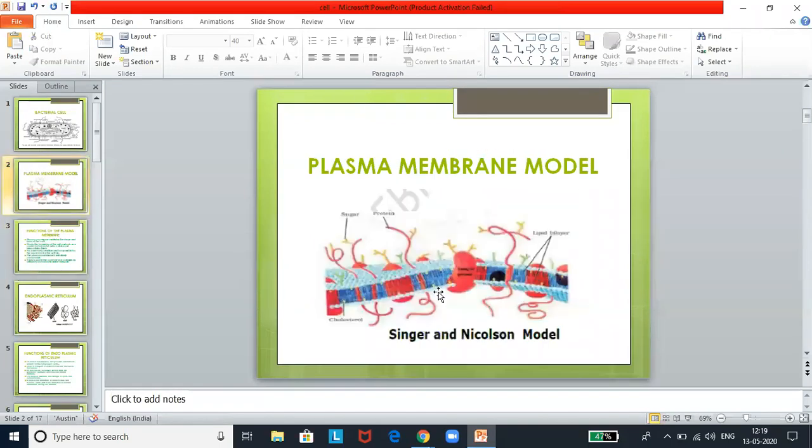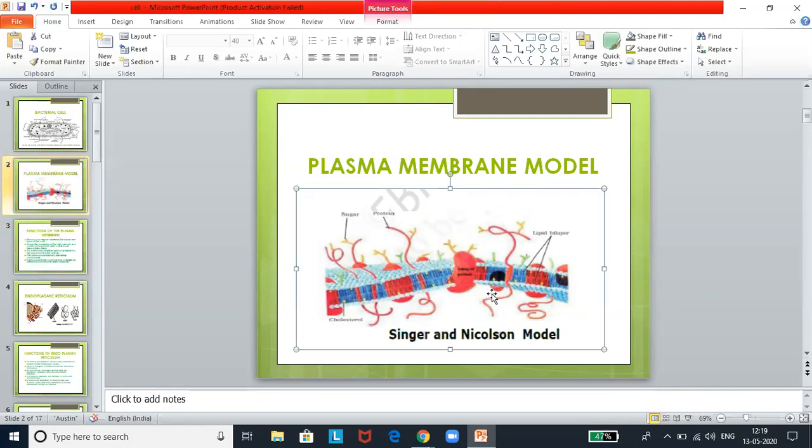In this model, phospholipid bilayers are polarized so that the polar, hydrophilic ends are directed outside. One faces the outside and the other faces the interior of the cell, the cytoplasm. The non-polar, hydrophobic fatty acid tails project inwards so as to face each other. This diagram is very important. They might give you this diagram and put A, B, C, D and ask you to identify.